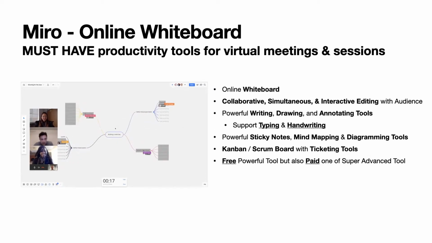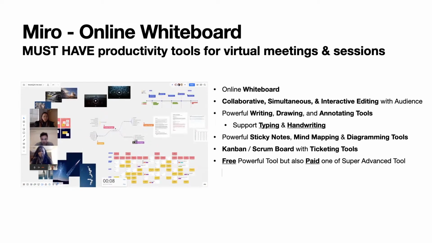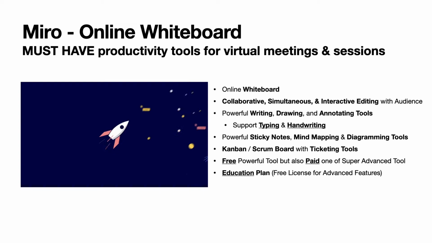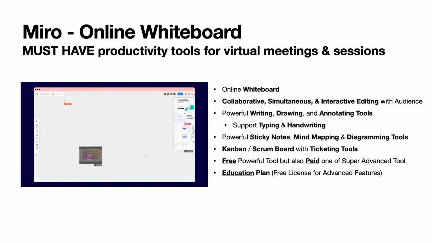Miro is available as freemium. It means there is a free version which, in my opinion, is already very powerful. But if you're not satisfied and need more capabilities, there are also paid versions. For educational institutions like schools or universities, for students and teachers, there is also the education plan. You can check and apply. You would get a free license for features which normally you need to pay for, and for teachers even a